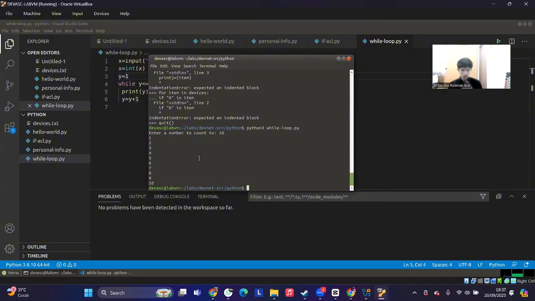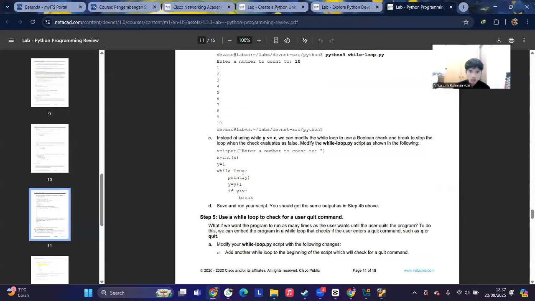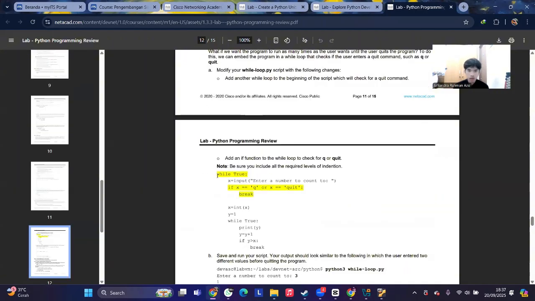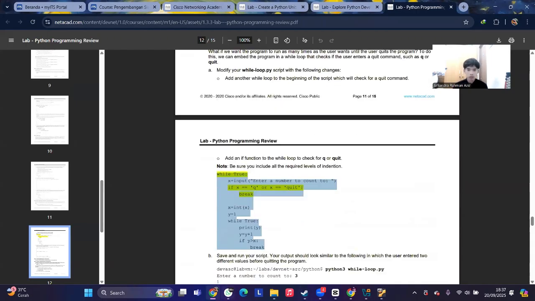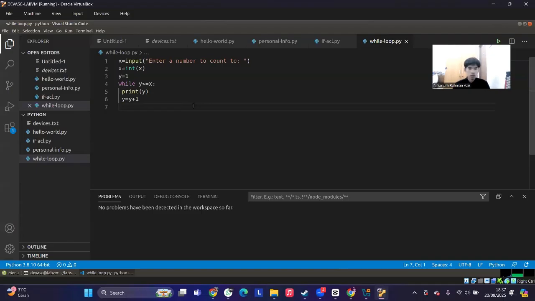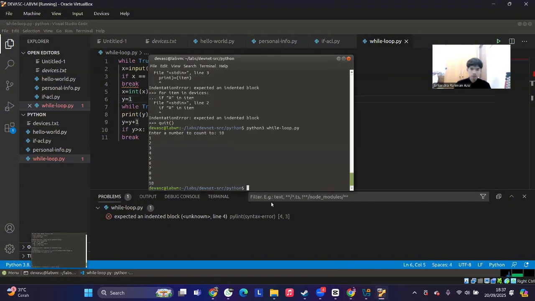Okay, so for the fifth step, I will use a while loop to check for the user quit command. So I will modify my while loop using this. Copy this, while loop, go back, and then Ctrl S, and then Python 3 again.